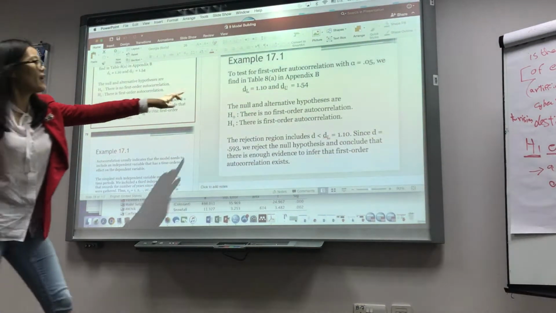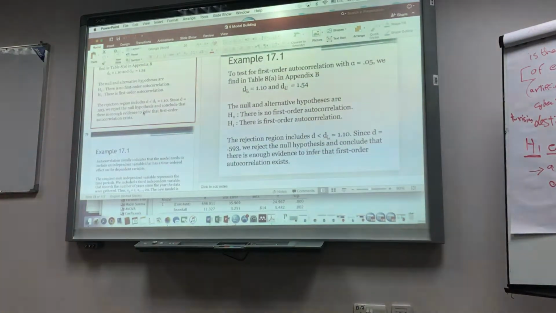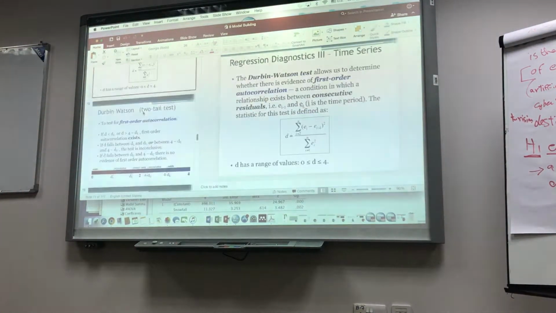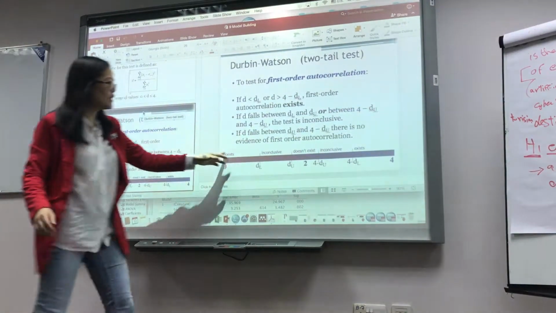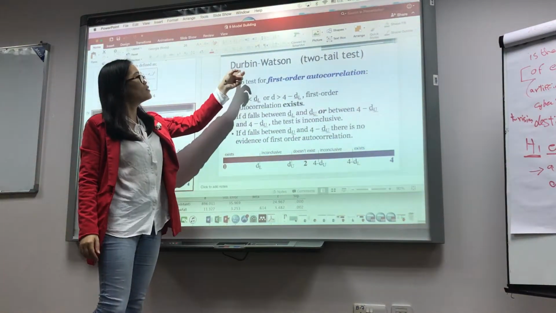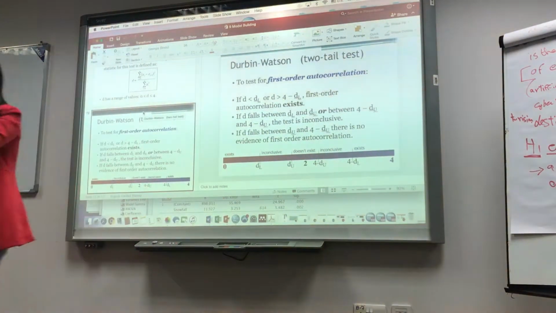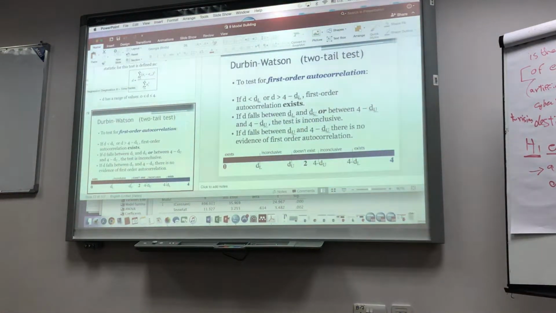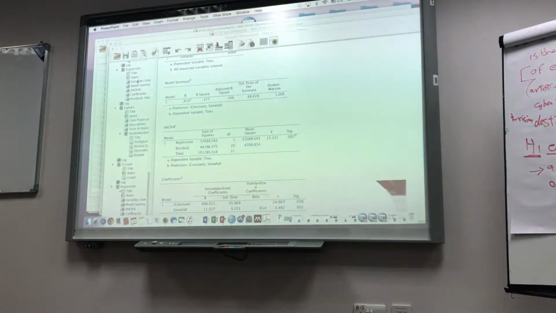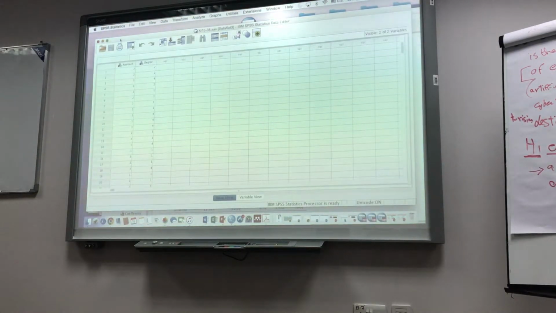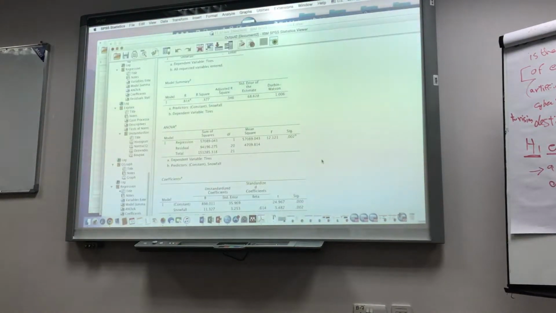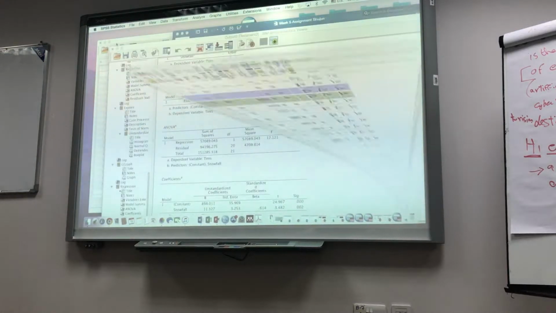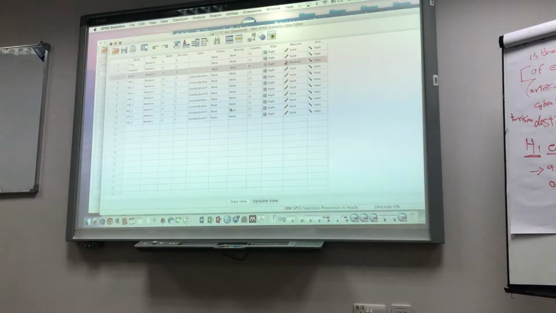If D is smaller than DL, then we can conclude there exists an autocorrelation problem. So we need to add one more variable in the data set, which is a time serial variable. In this case, because the data was collected over different weeks, we added the week variable into this model.